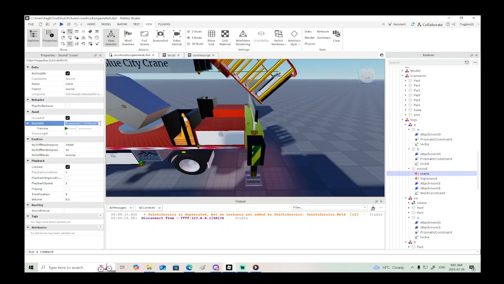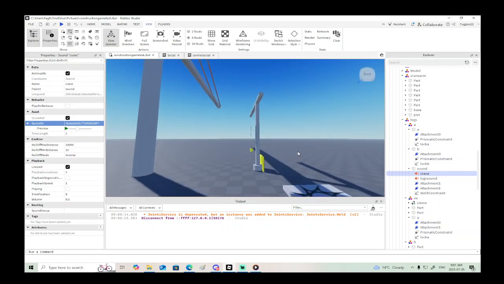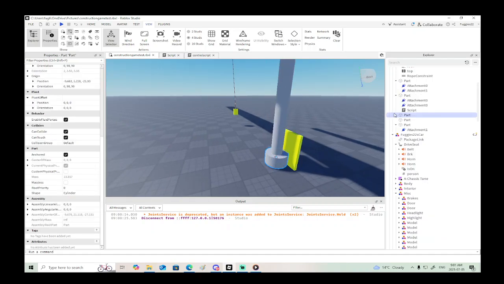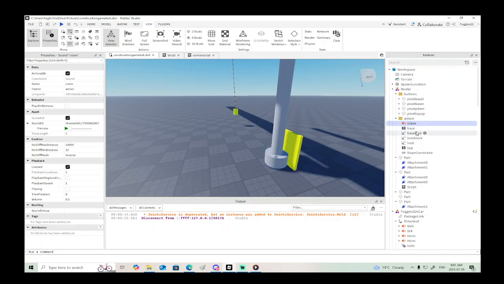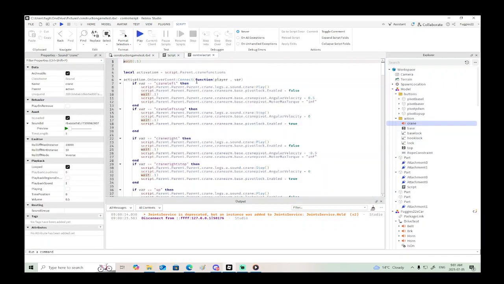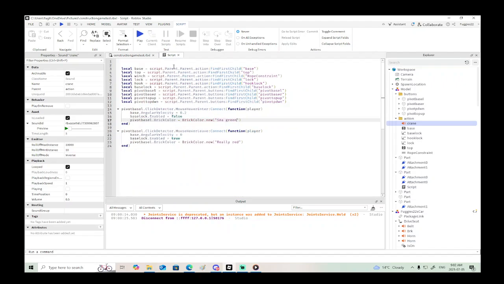It's nice. So we'll just copy that and we'll put it in the base. We'll put it into action. We'll just paste it in there. So then what we can do in the controls is we can say